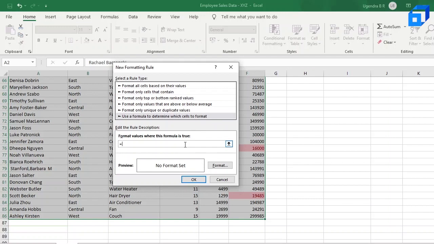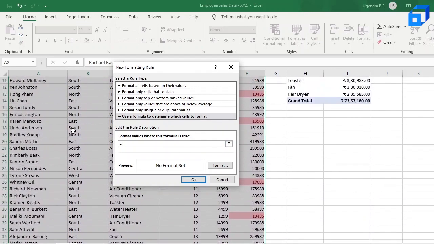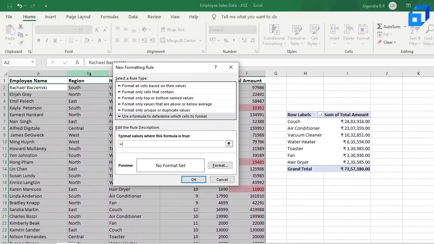So let us give the equal to sign, and over here, since we need the region column, let us take B2, and the B2 value should be, since we're looking for employees from the East region, East. So that's B2 equal to East.